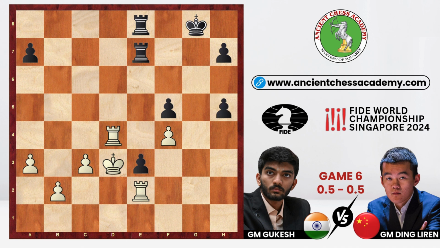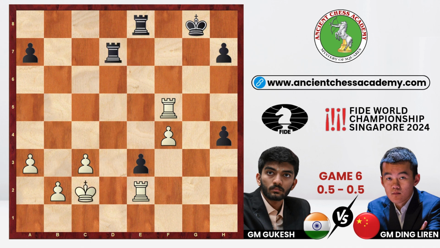G takes h5, rook d5. So Gukesh's pawns are all weak, but Ding's pawn structure is good, but there is no way to improve the game after h4, rook takes f5, rook d7 check, king c2, king g7, and there is rook g2 check, king h8, rook e2 again, because even though the pawns are weak, it's very hard to continue